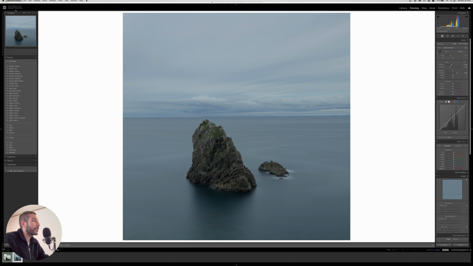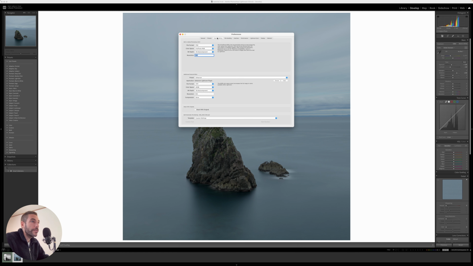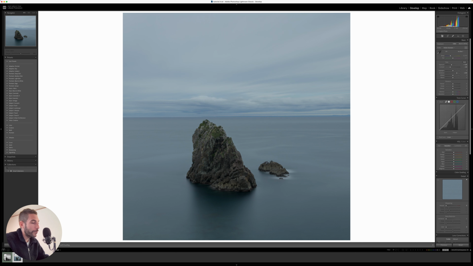If you go here into the preferences, into external editing, you want to set up your additional external editor as Dehancer with file format TIFF, sRGB, 16 bits, and then resolution is basically up to you. I always use 350. Once you have this set up and you save it as a preset, you can go in here, right click your image, and do edit in Dehancer Lightroom plugin.